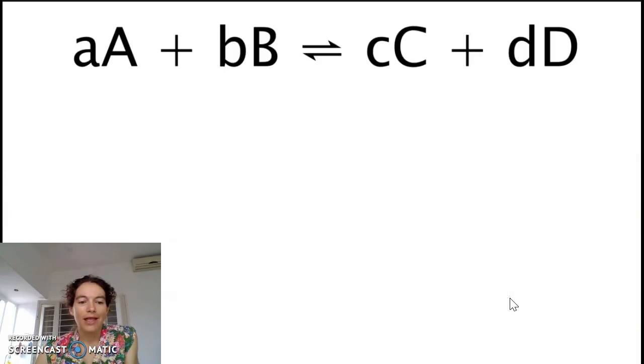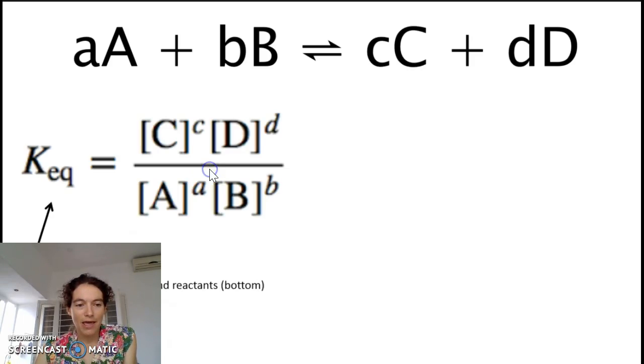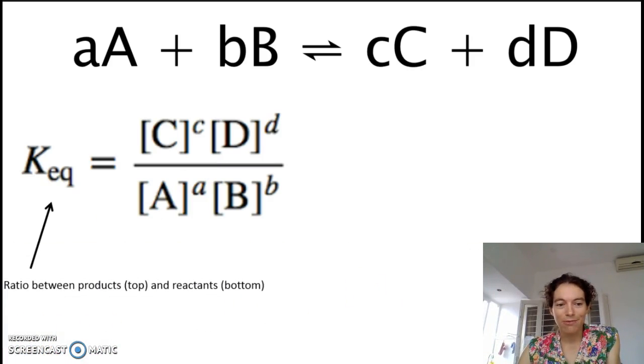So we can write any sort of reaction like this, with the little numbers being the coefficients and the big letters being whatever the chemical species are. And so when we do that, we can end up writing K, okay? Remember, K is the ratio between the products and the reactants. And so we're just going to do this in a little bit more detail. And we write it with the products on top, the reactants on bottom, and there's a very specific way we do that. We use the concentration, those brackets, remember, and then we take the coefficient and put it